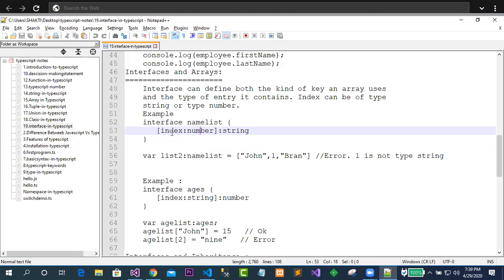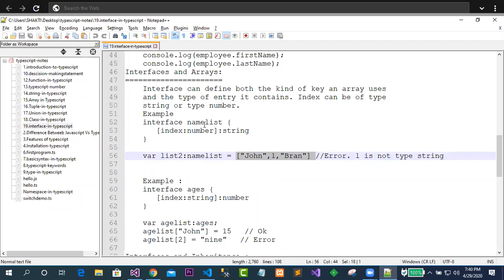Fine. Now let's say this is a variable which is now using name list. Name list means what? Interface. So now this variable or this object or anything that you can simply say is going to use name list. Clear? And in here you are trying to define an array in this manner. In this manner, what happened? The index remains a number, but the value that you have passed over here, one, is not allowed. Just see, in this case, what happened?